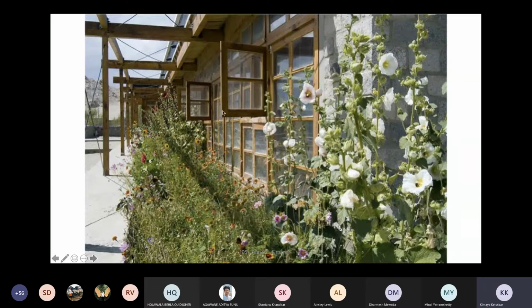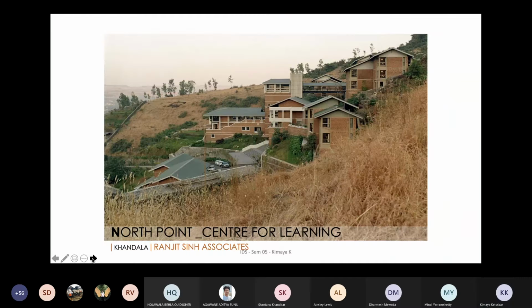And then look at the size of the openings. There are two reasons. It's also large pieces of glass. It's very difficult to take up that terrain and travel it up there. So that's why they are smaller. And the other reason is the climate, and you don't require such large openings there. You will always have to create smaller and controlled openings.